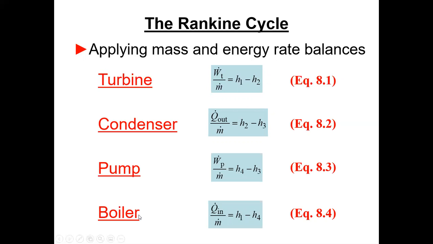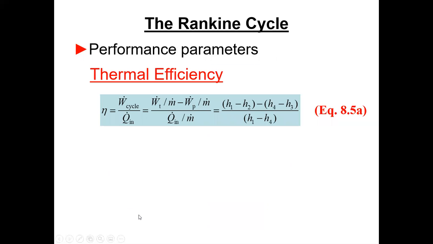And for the boiler, guess what? The enthalpy difference. So the equations are not too bad. So that's the specific heat input of the boiler, the total rate of heat input divided by the mass flow. Performance parameters. So for thermal efficiency,